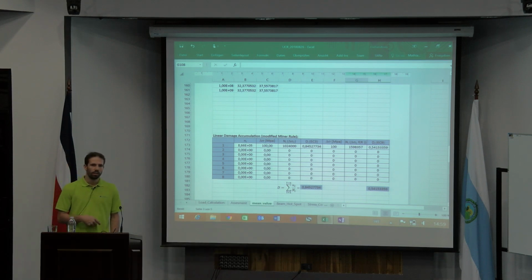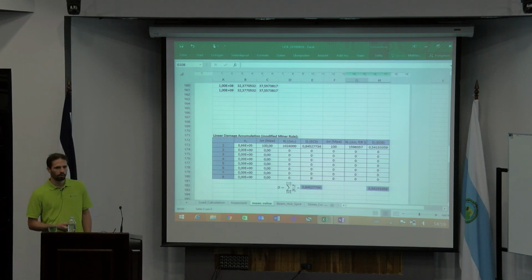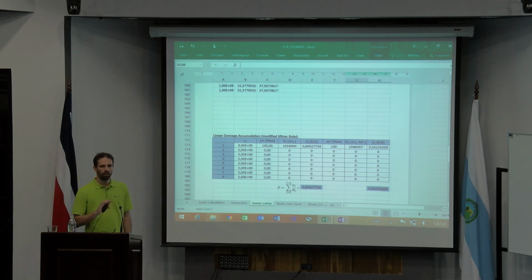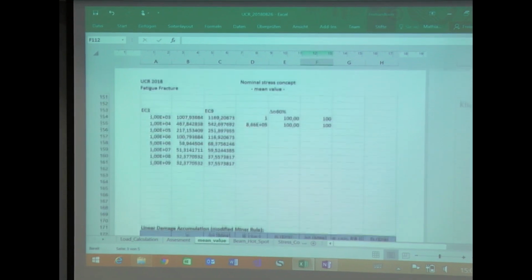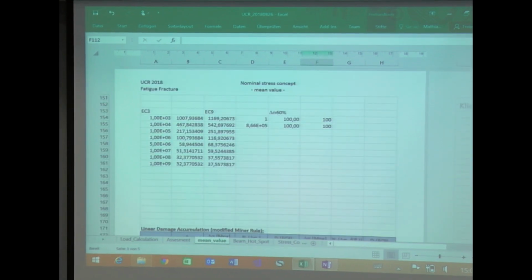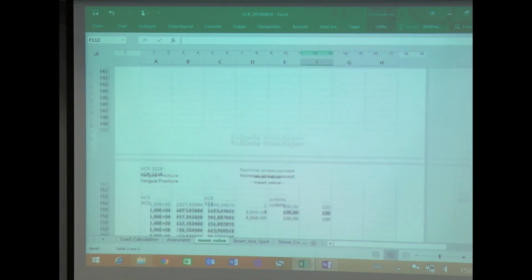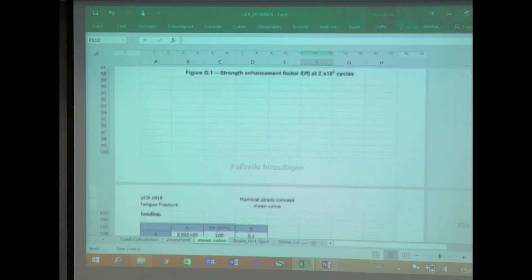sure that you can take at this stage this R value of 0.1 or some different one, because as you can see here, also in the damage or in the amount of cycles, there is a huge difference, which is just chosen or just implied in the system or in the damage accumulation due to a different assumption for the mean value. So, and this difference